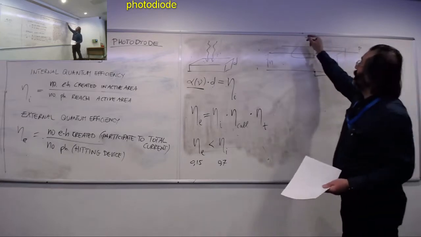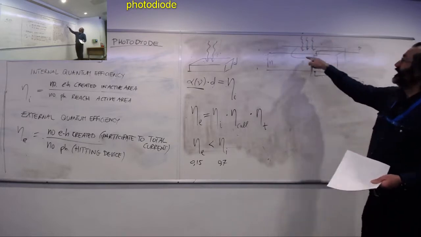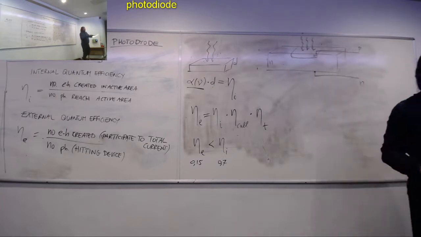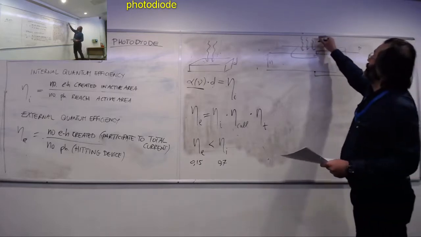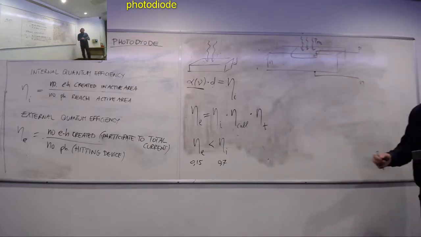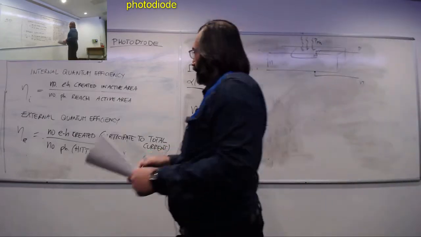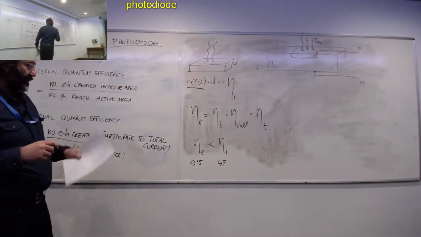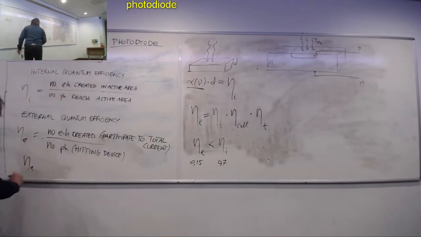And so my photons are hitting this part, and they eventually will penetrate down to the active area that is represented by the region where the depletion region exists down there. And so this is the power of the photons that are hitting the device. So I will move this thing here just because I need the